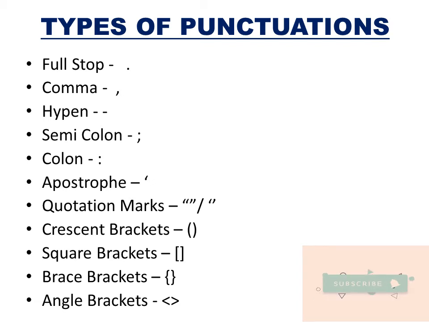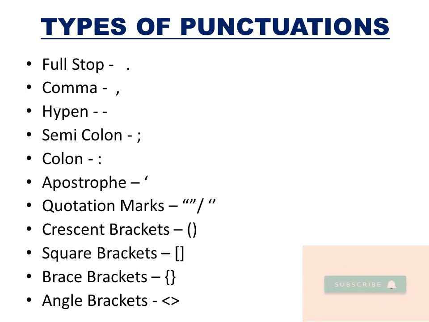Semicolon. Semicolon is used when you have to separate two or more independent clauses that are to be placed together, but you still want that they are not dependent, they are independent in themselves. So for that we use the semicolon. Then comes colon. Colon can be used to introduce some kind of explanation. You want to explain something, you use a colon. Or if you want to introduce examples, or if you want to introduce quotations or direct speech.